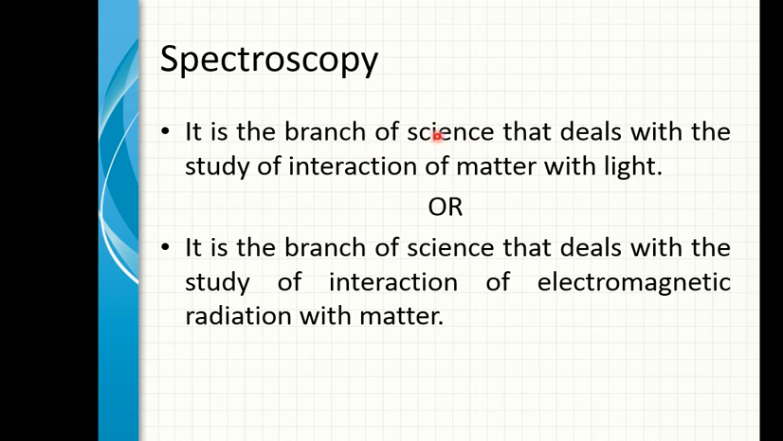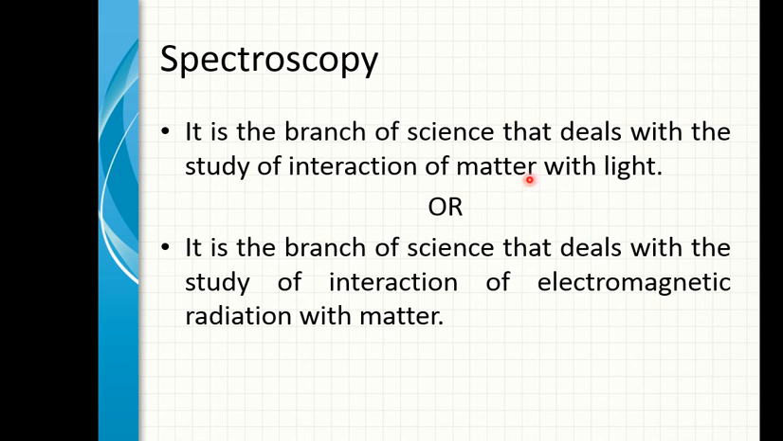Spectroscopy is a branch of science that deals with interaction with matter. Matter means a sample, and light. The interaction between light and matter produces data, and we use this data to know qualitatively or quantitatively